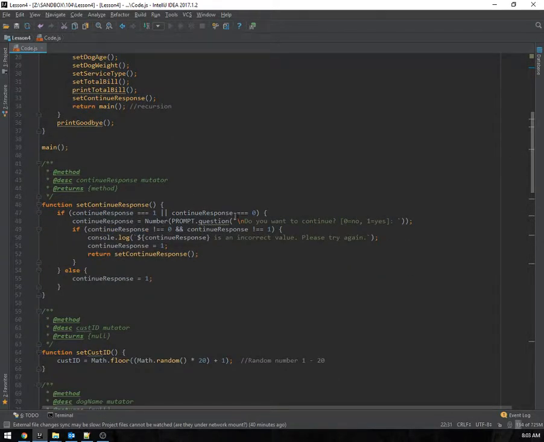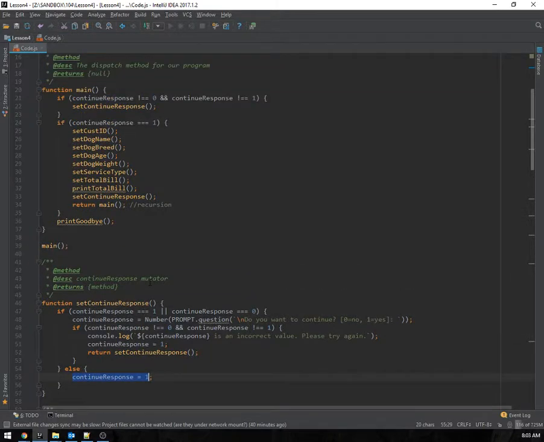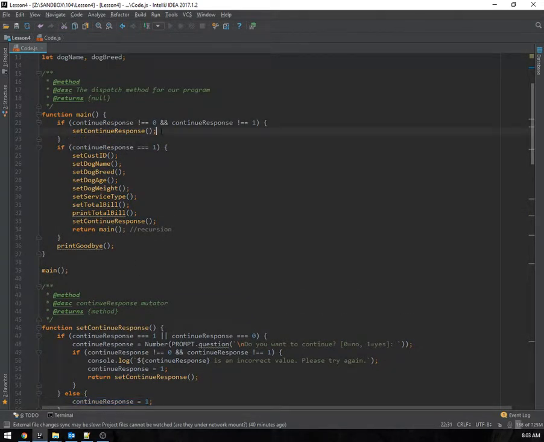So it's going to come down here and it's going to say, well, it's not equal to 1 and it's not equal to 0. So it's going to come down and set it to 1. And then since it sets it to 1 right here, when I hit this curly brace, it's going to come down and it says if continue response is equal to 1, well, now it's going to call all of our methods in order. And then it's going to recursively call main again, and since it now is 0 or 1,